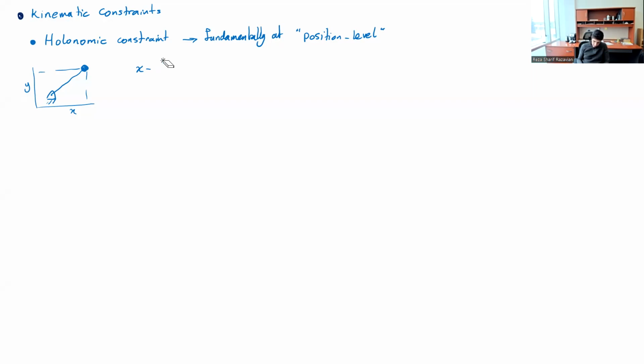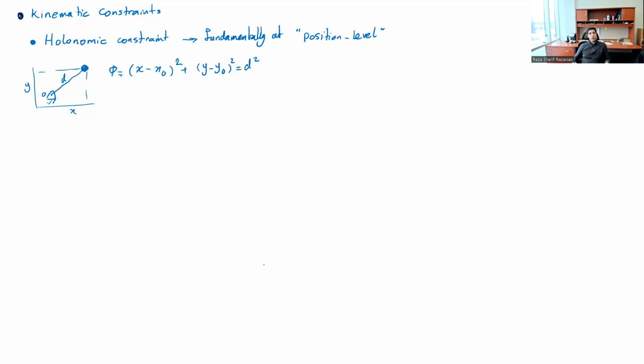X minus X0 squared plus y minus y0 squared equals this distance squared. So this is a relationship, let's call it phi, between positional variables. You can write it as, you can take a derivative of it and write it as some velocity